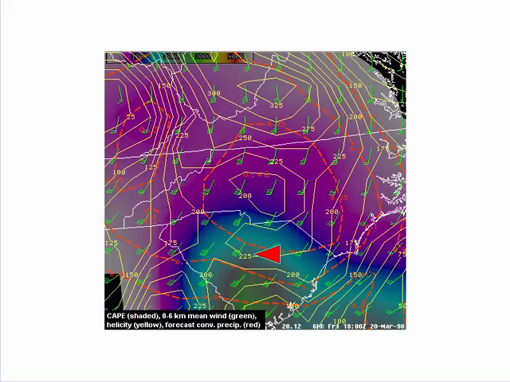We can see quite a bit of CAPE developing here in South Carolina, into southern North Carolina, but not as much into central and northern North Carolina, into Virginia. What I did here also was plot the convective precip from the ADA, and we do see quite a bit of convective precip forecast for that area, which can be holding back the CAPE forecast for that region. We do see pretty good shear values here, around 200 for the helicity value, and storm motion being approximately north-northeast